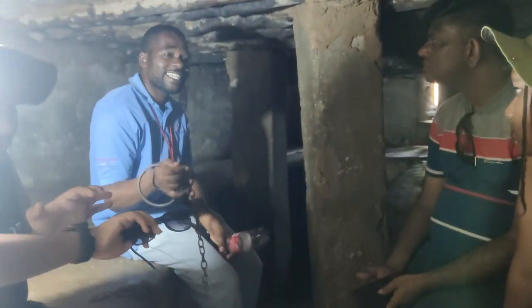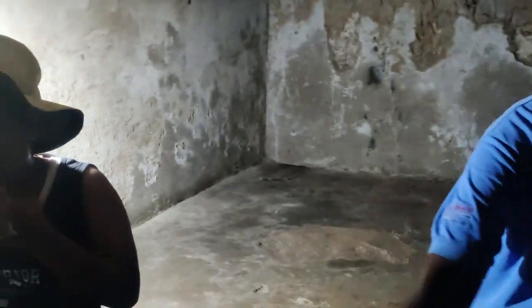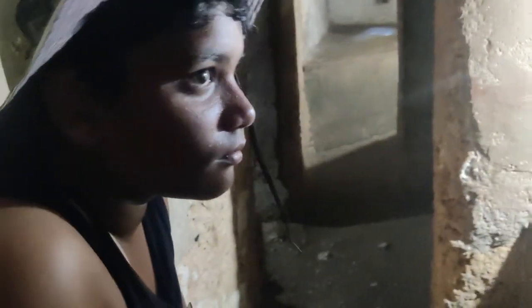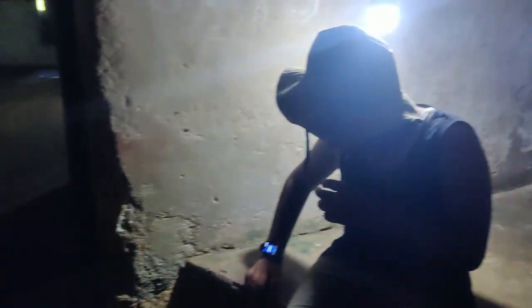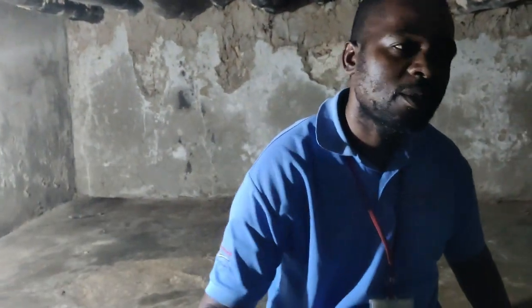So slaves couldn't get a disease. And the other room is for gentlemen here. Okay. So we have 2 chambers here where slaves were kept. And this canal here, water was coming from the sea. The sea was very close at that time. Outside we have the main road, now we call it Creek Road. Before that road, it was a sea river. So when high tide came, water came through this, it's like,